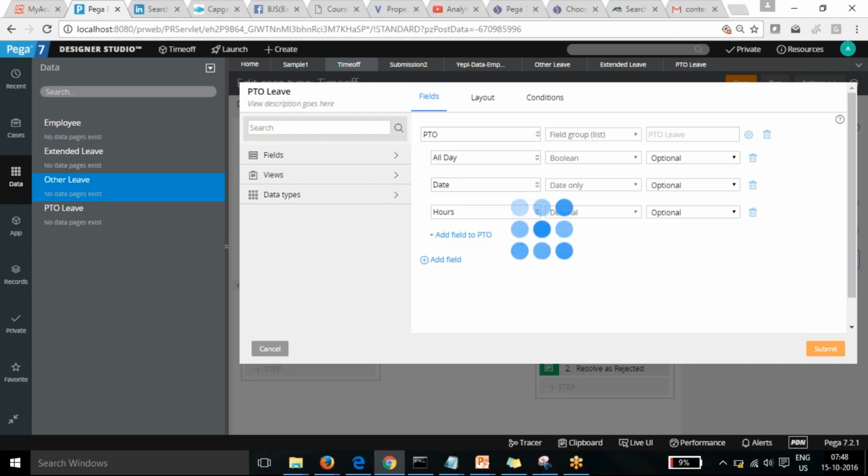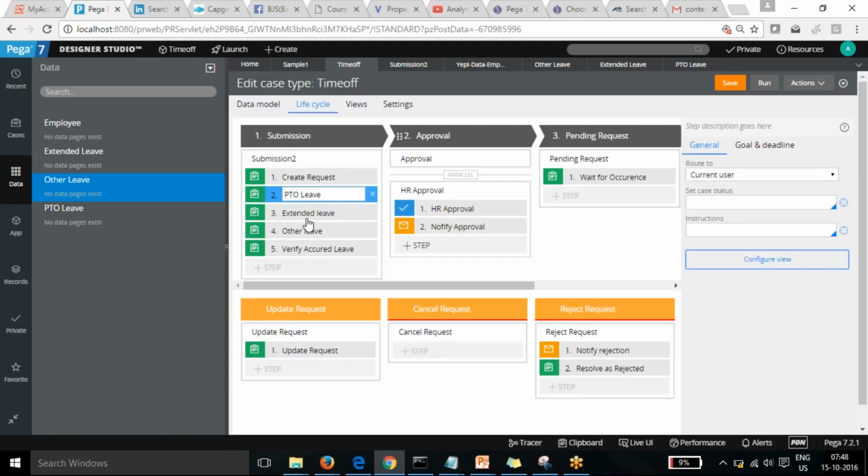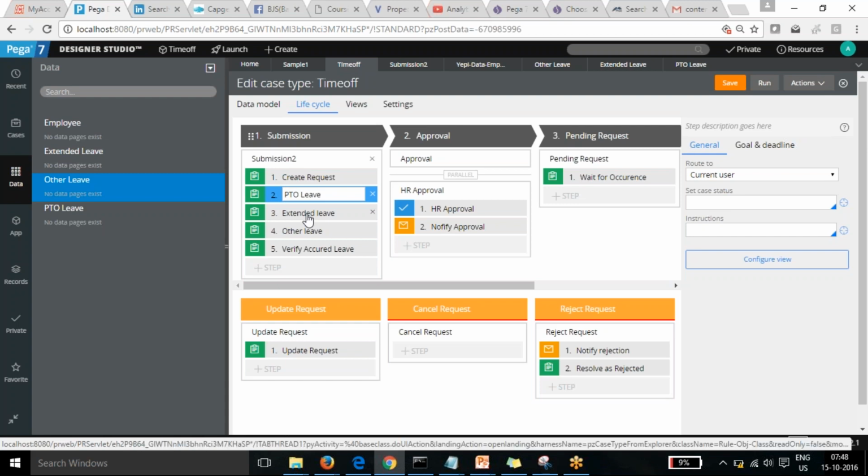And next we need to go for the next one, extended leave. Here we are going to use the data type of the extended directly.